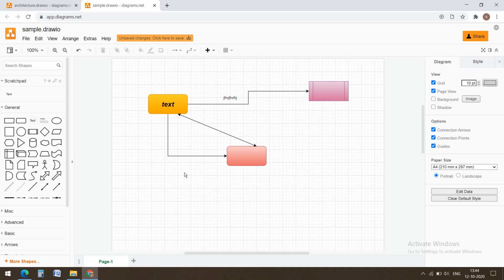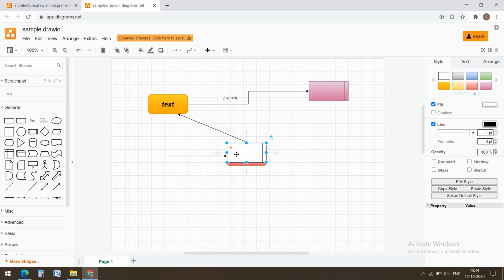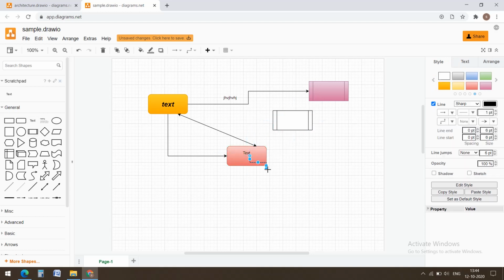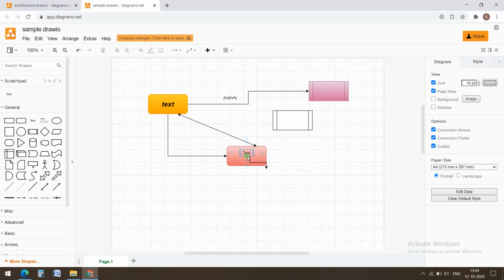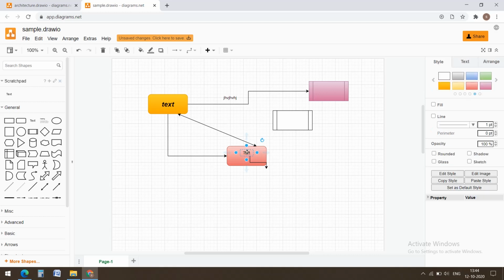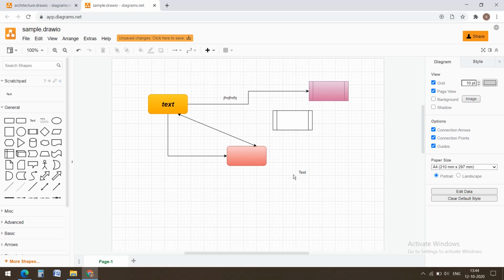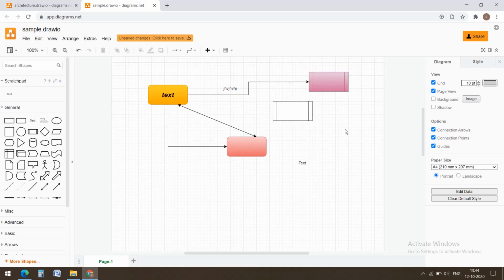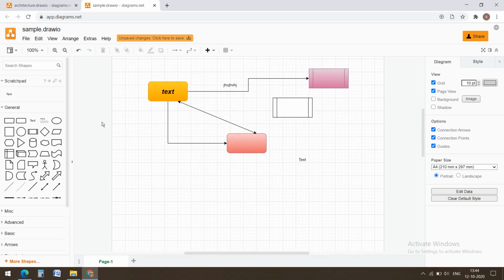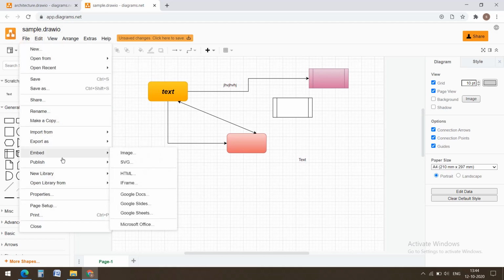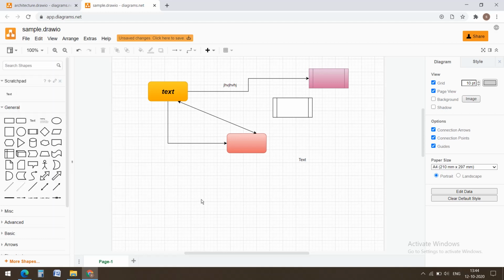The only difficulties I faced: while getting any shapes, all are placed at the center, so make sure the background diagram isn't affected. And while working with small blocks, the arrows get in the way and cause some disturbance, so I faced some problems with the arrows. The rest is fine, but it is somewhat time consuming. Here we can export them in many formats like PNG, PDF, any format we want.